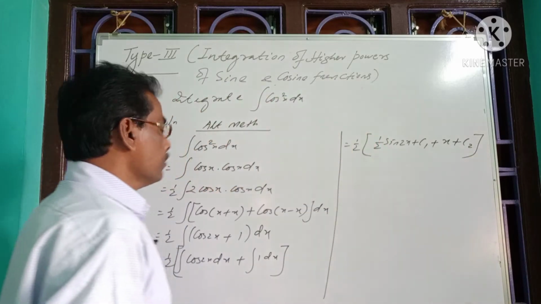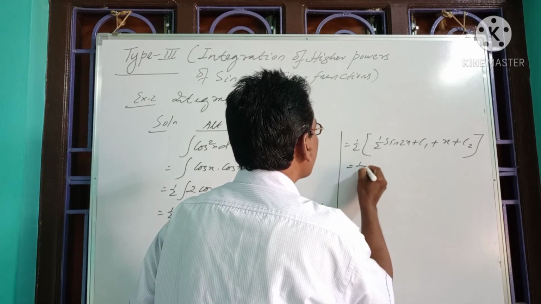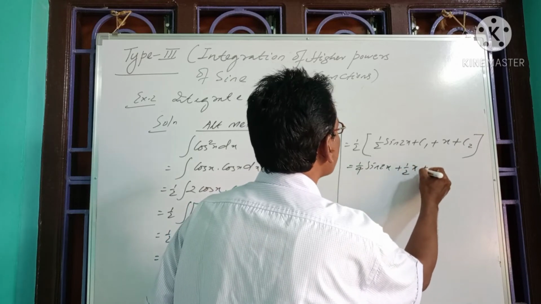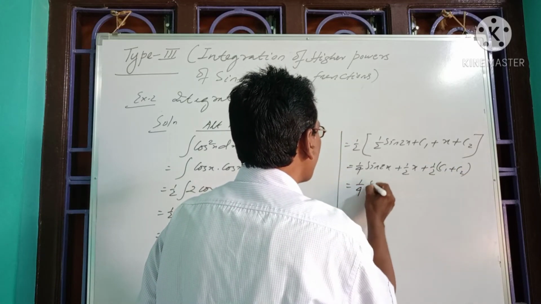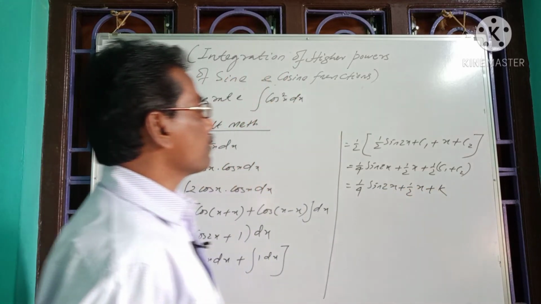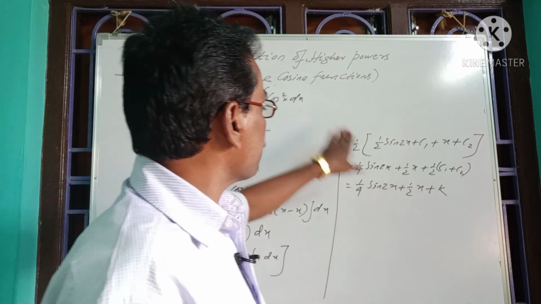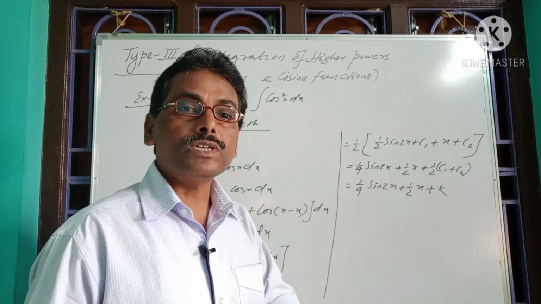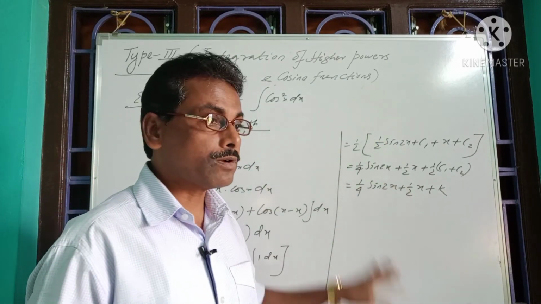Now we have already completed the integration, so simplifying and calculating the constants, we can write 1 by 4 into sin of 2x plus 1 by 2 into x plus, calculating the constants, half into c1 plus c2. So finally we have 1 by 4 into sin of 2x plus half into x plus k in place of half into c1 plus c2, where k is the constant of integration. So now we have already integrated cos square x in two different methods, and in both the methods we got the same result. So to integrate cos square x, which is in the form of integration of a higher power of cosine function, we can apply two different processes.